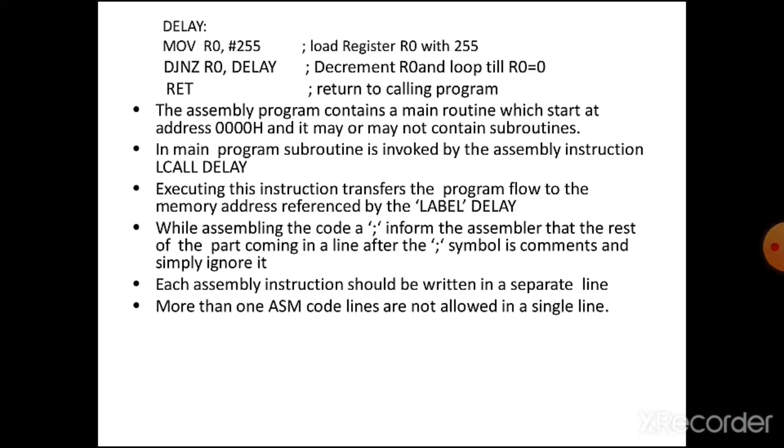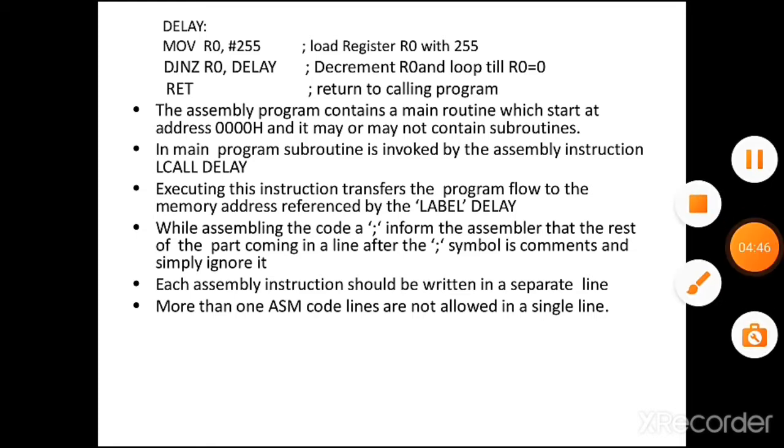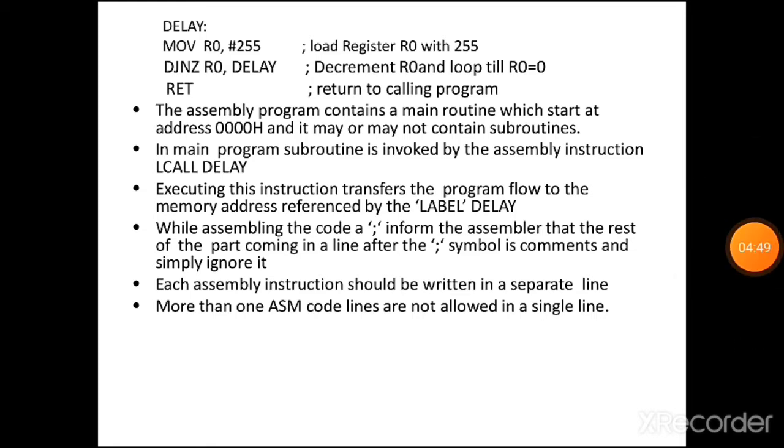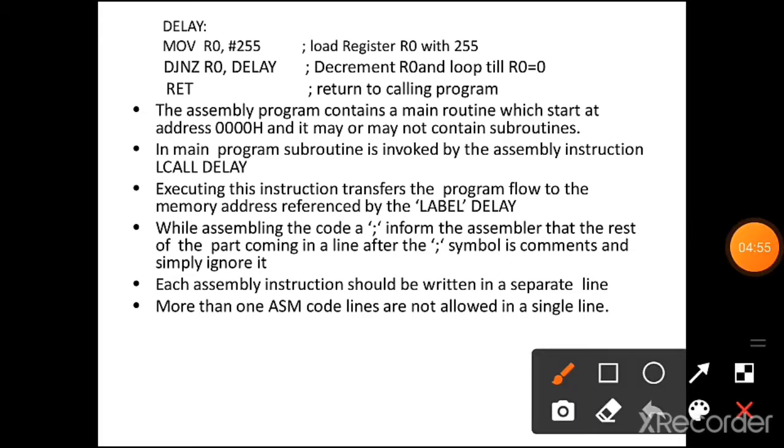First one is delay: MOV R0, #25, DJNZ R0, delay, and return. Here, MOV R0, #25: R0 is a register, and R0 is loaded with the content #25